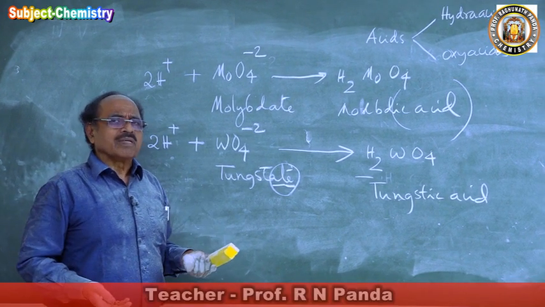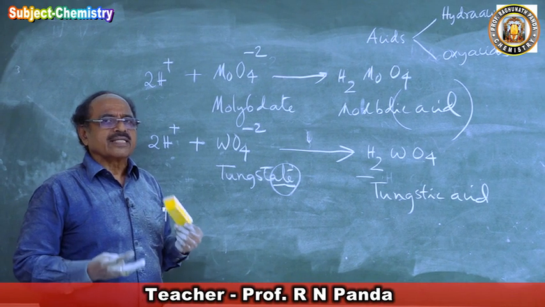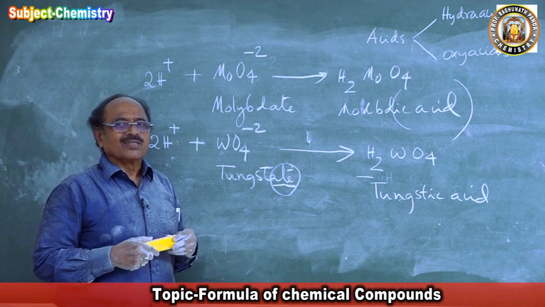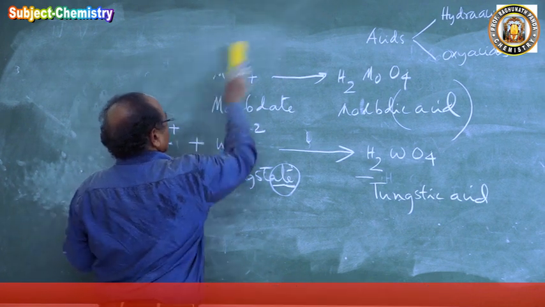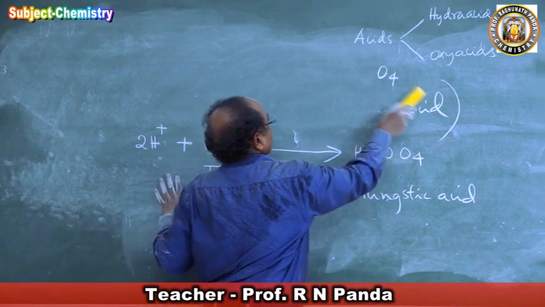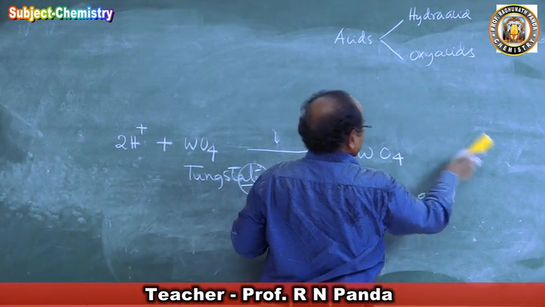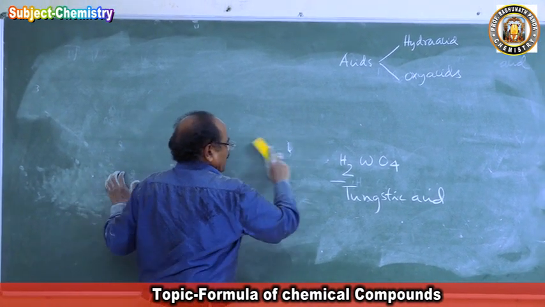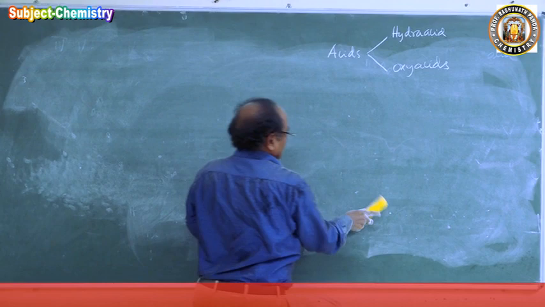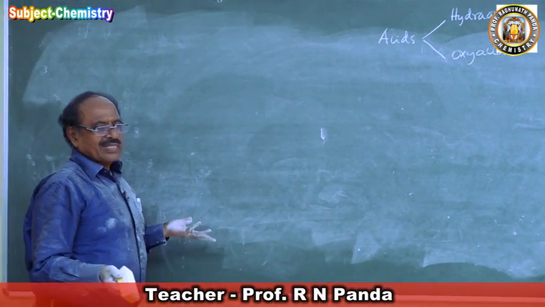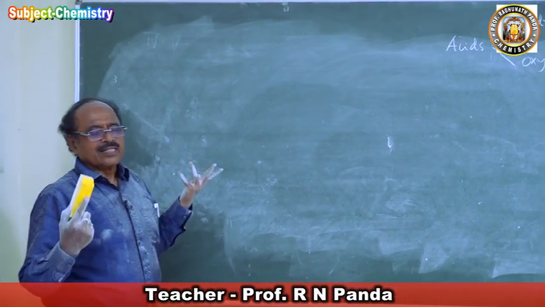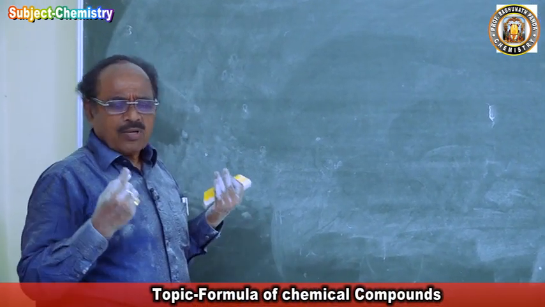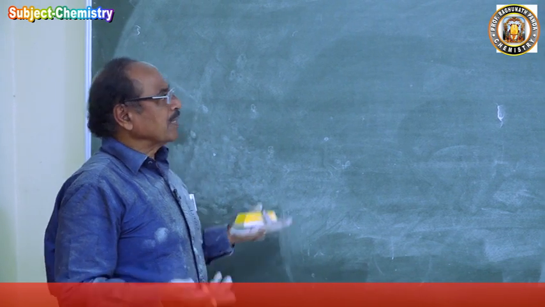Where is the thing to remember? Why do people tell their students in the class, please remember? I say that please forget. So there is no question of remembering. It is very easy to understand. If a student of science wants to read, he should read physics. If a student of science wants to practice, he should practice mathematics. But if a student wants to enjoy reading, then he should read chemistry. So there is no tension, no labor, no hardship. Very simple way you can go for chemistry.